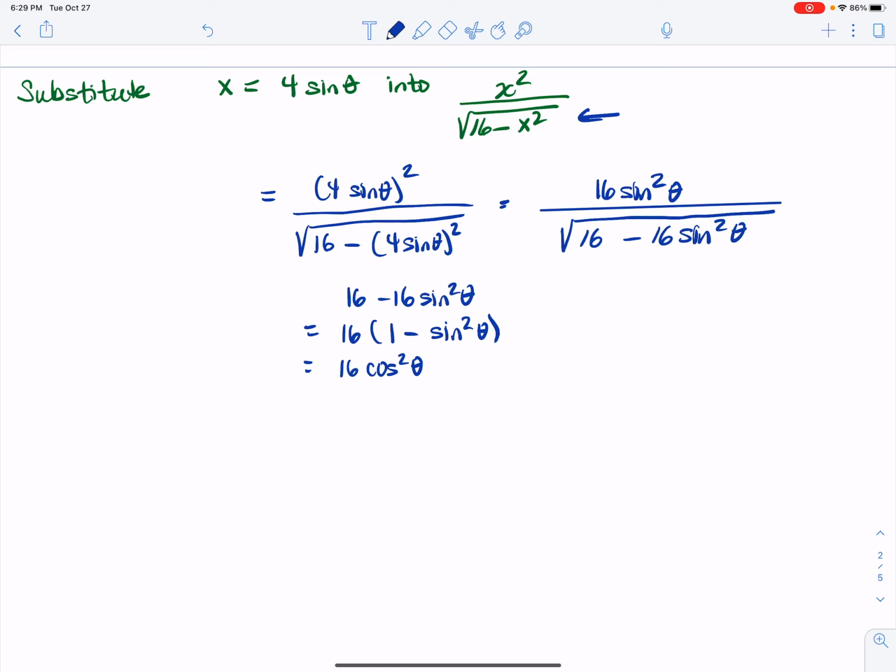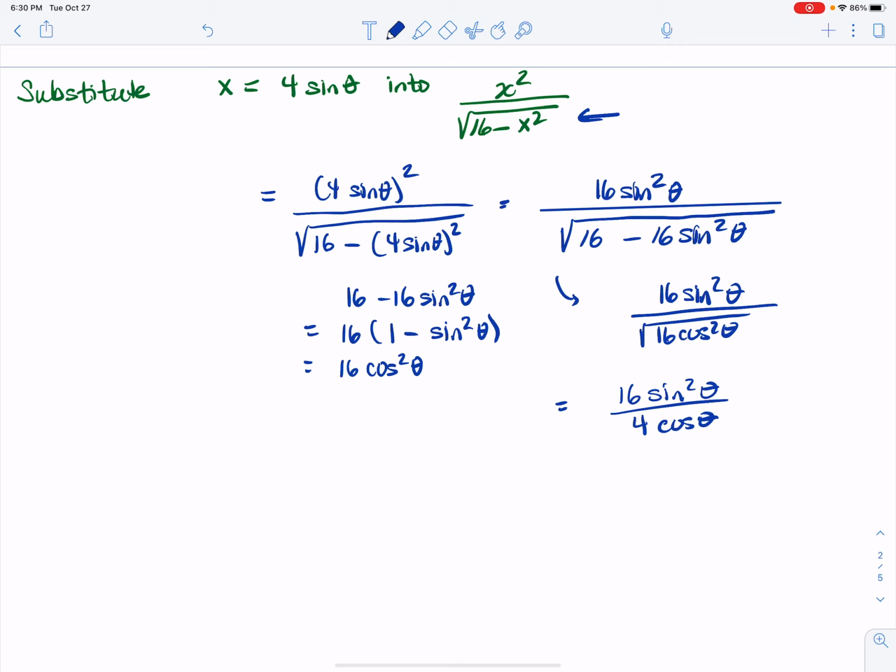Now we see the advantage. If I have that under a square root, so now I'm going to come back here and say, well, this is 16 sine squared theta over the square root of 16 cosine squared theta. This is something we can take the square root of. So now we have 16 sine squared theta. The square root of 16 cosine squared theta is 4 cosine theta. And just like that,